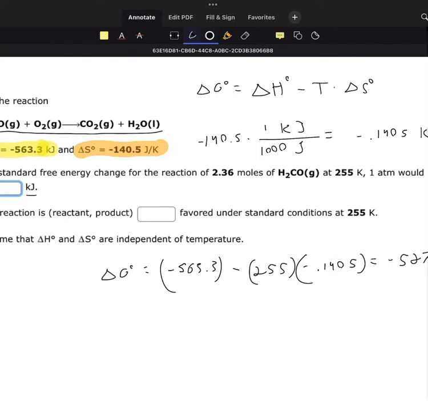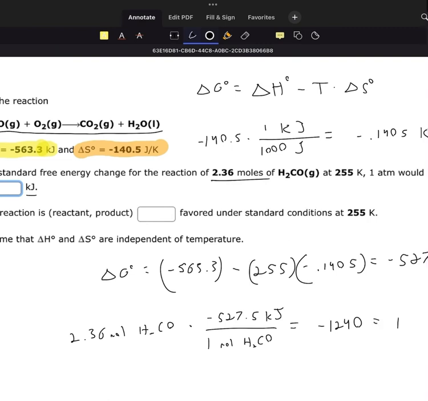And now we can't forget about the reaction for the moles of H2CO. This reaction calls for 2.36 moles, and the equation I just did was for 1 mole. So now what we need to do is take 2.36 mole of H2CO and multiply that by the amount we found earlier, negative 527.5 kilojoules of free energy change per every 1 mole of H2CO, and that would equal negative 1,240-ish